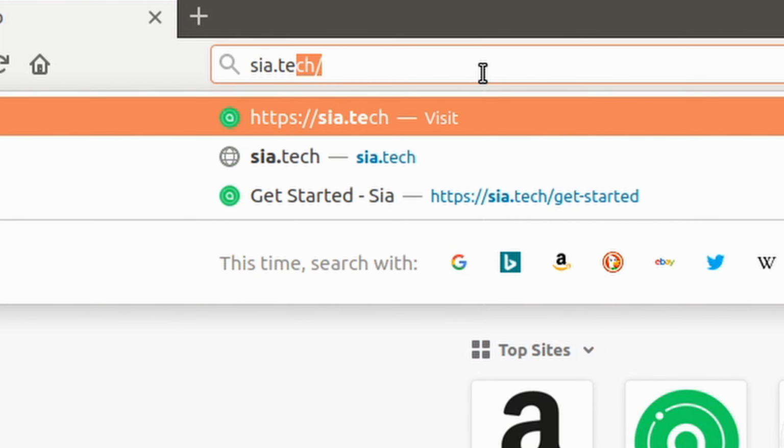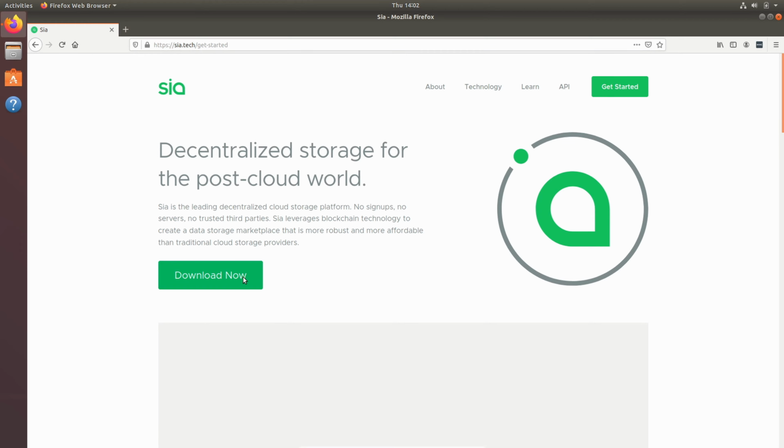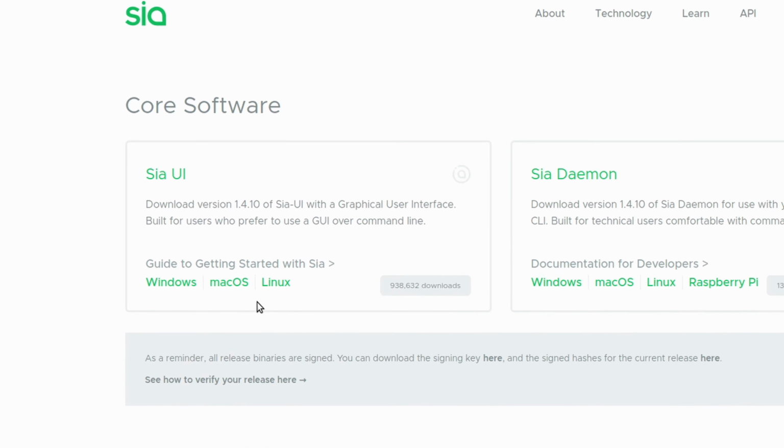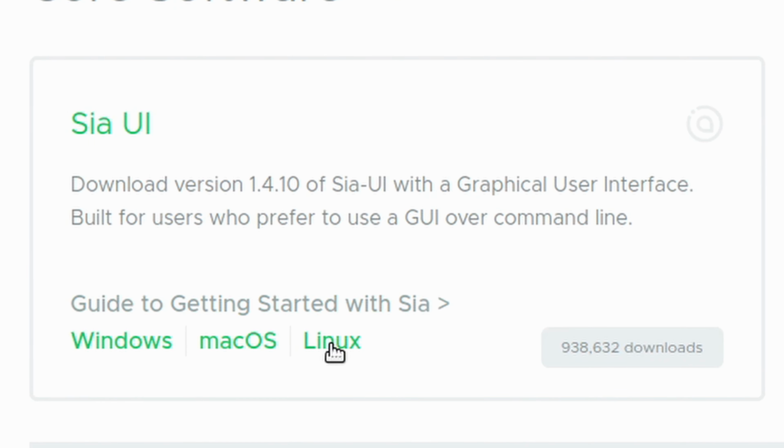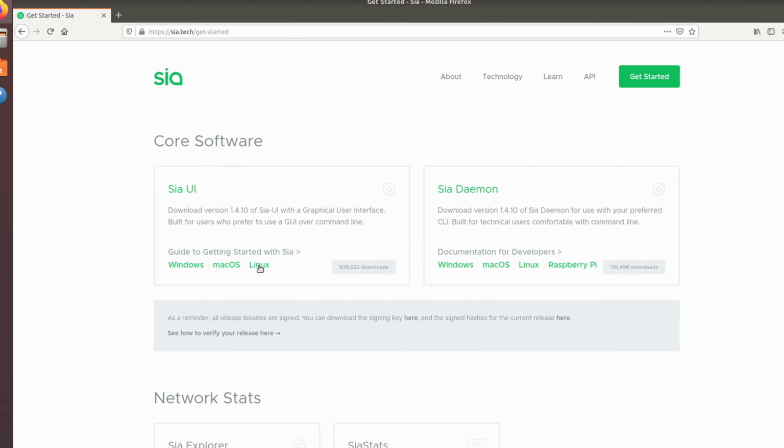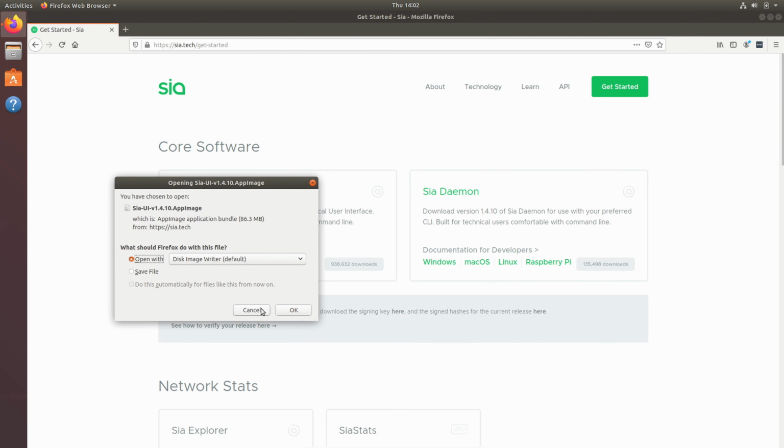So step one, you're going to want to go to sia.tech, the Nebulous team's website. You're going to want to go to the downloads page and download the latest version of Sia for the operating system you're on. I'm going to be doing a Windows tutorial later, but for today, that's Linux. Now it's going to take a second to download,